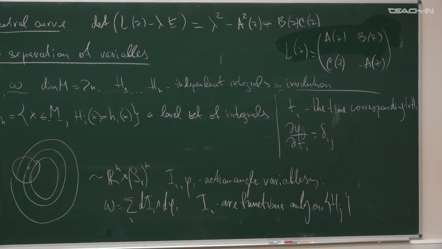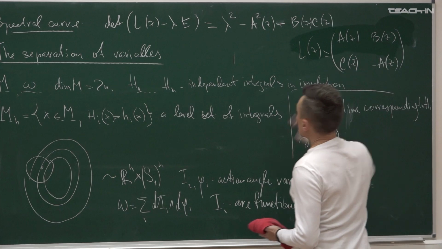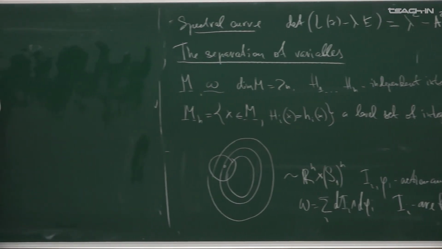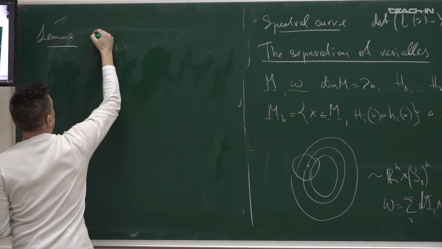First of all, I would like to write the Poisson brackets between entries of our Lax operator. So my statement is a lemma that